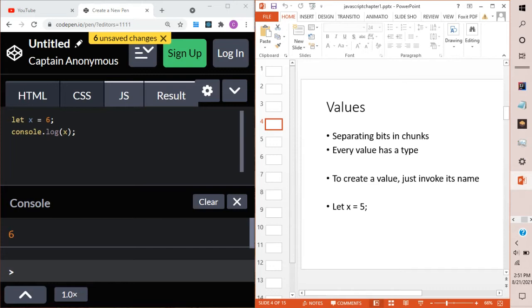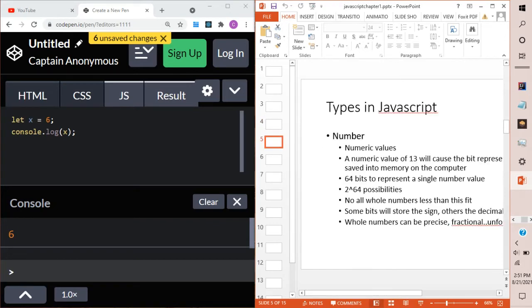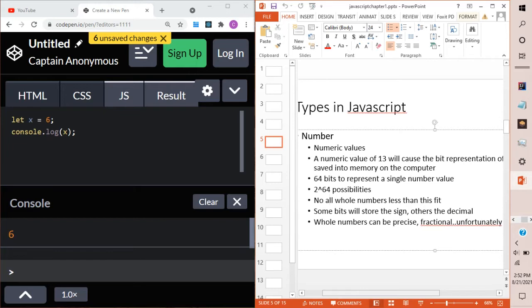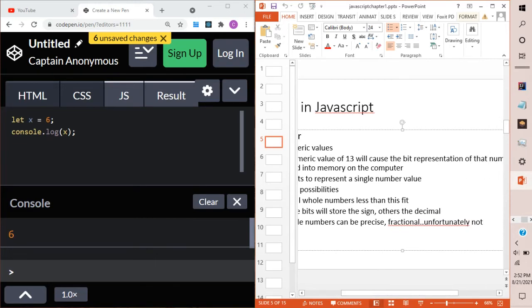So think about a value as what you assign to a variable. And that's not necessarily what Mergen wrote in here. That's just how I think about it. And it's got to have a type. We're going to talk about that in a second. Types in JavaScript. There are number types, right? So number types, numeric values. A numeric value of 13 will cause the bit representation of that number